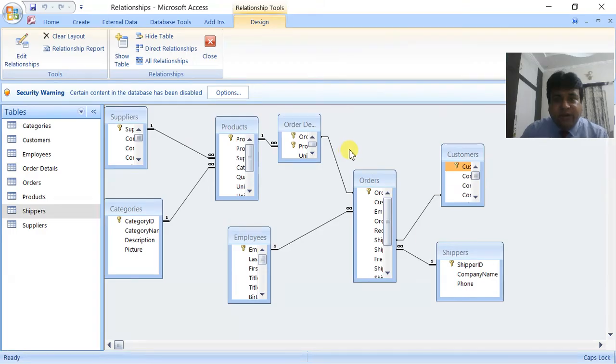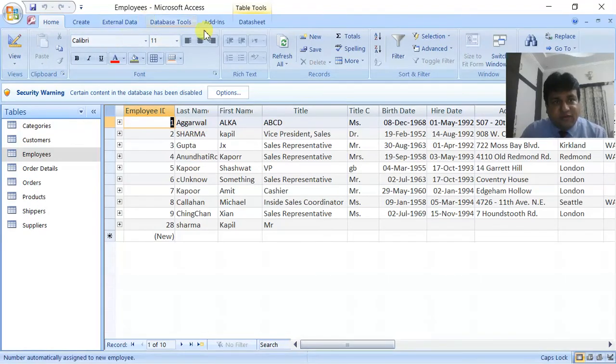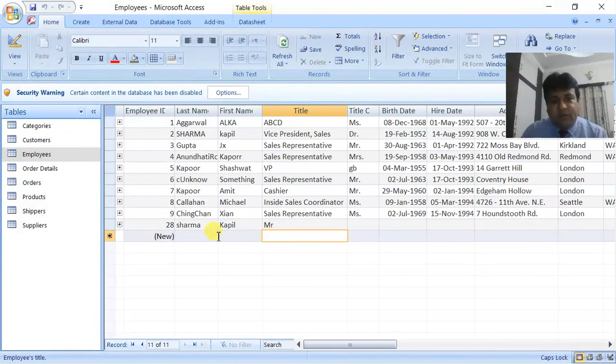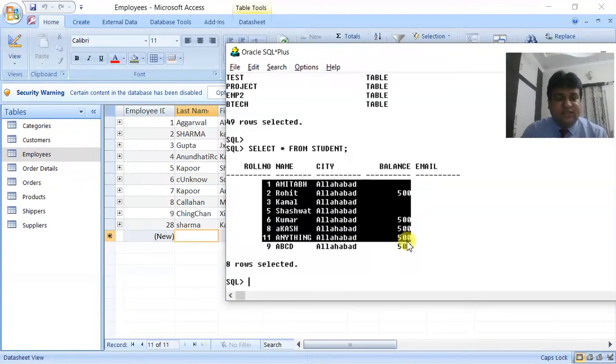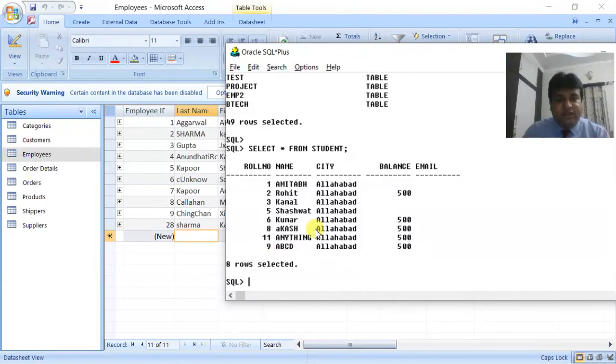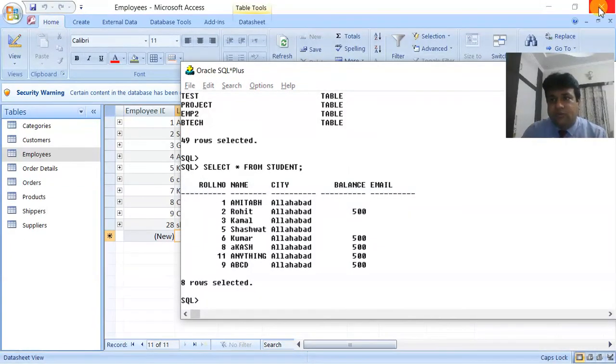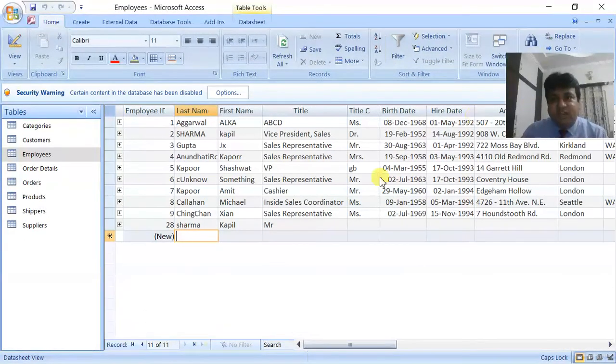However, it is a little bit different from this place, because here this was Microsoft Access, so it has a GUI interface, but it has a number of limitations. Whereas in Oracle, the interface is something like this. You cannot have a GUI interface here. There are available options, but right now we will be focusing on this one. I hope this is clear to you.